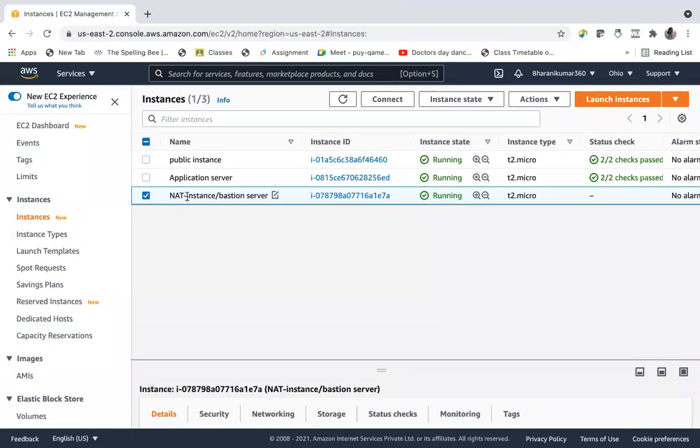We have created a NAT instance. The only difference is the AMI we have used should have that NAT, network address translation, technique software installed in it, and we have certain AMIs. We have chosen one AMI, and now what we will do, as usual, is go and edit route tables.